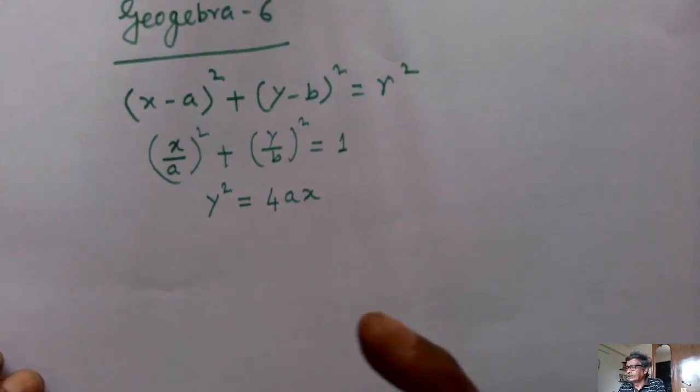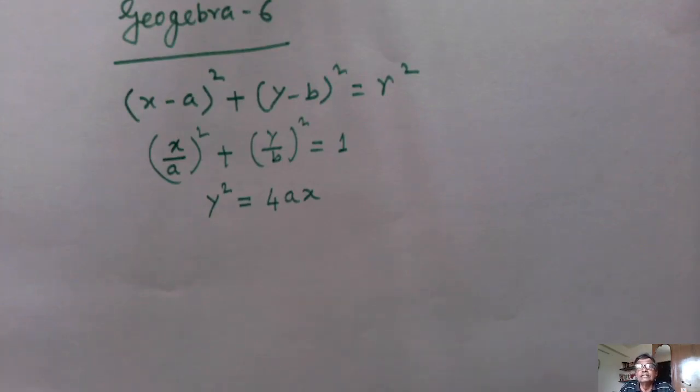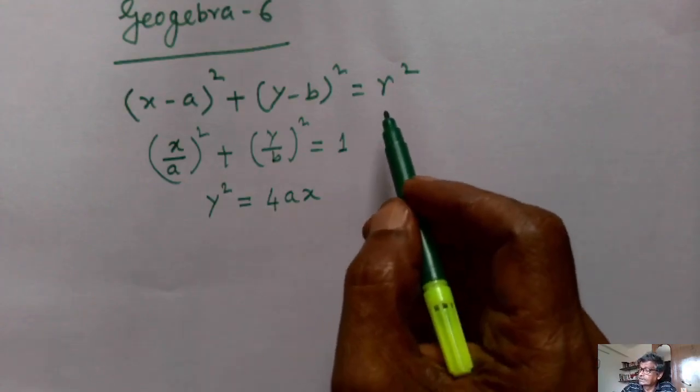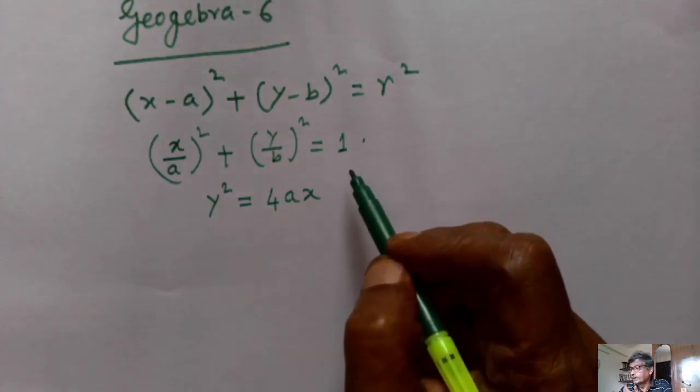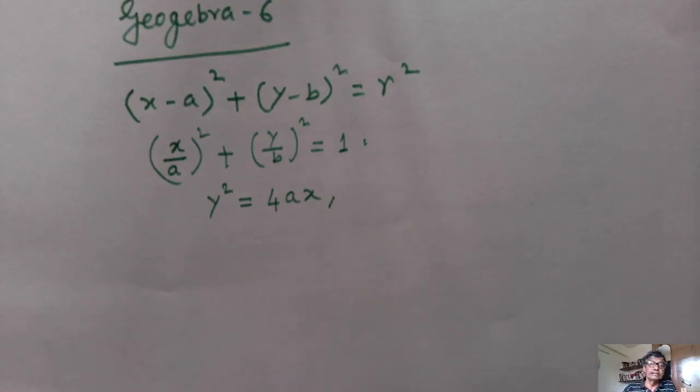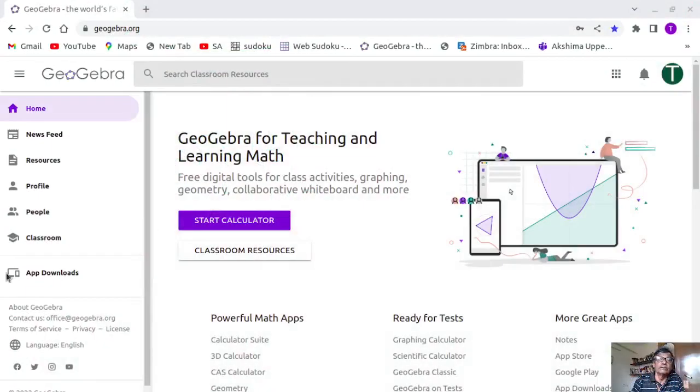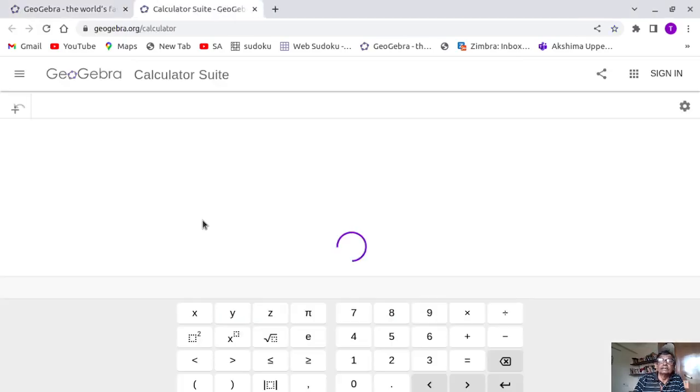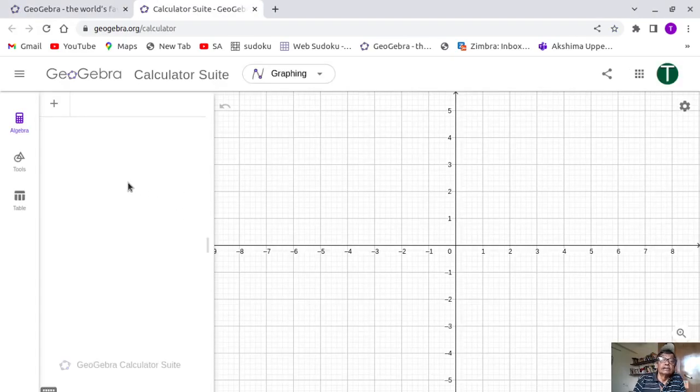And maybe the way we write equation of a parabola is y square equals 4ax, isn't it? So xy relationships are written in the form of an equation, and whether GeoGebra can help me out to sketch those items like circle, parabola, and an ellipse. Let us see that. So to do that, we have to, of course, start our GeoGebra, and here we start it,